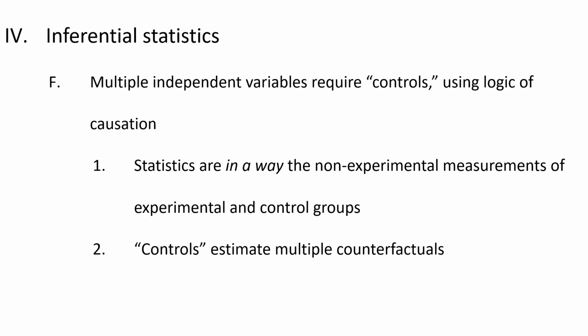So when you talk about statistically controlling for things, you're applying the logic of experimentation. You are estimating multiple counterfactuals. So if we try to do a hypothesis test, just testing, what's the influence of testing? We'll control for mask wearing. We'll control for governor's shutdown orders. We'll control for contact tracing and isolation. And we just want to look at